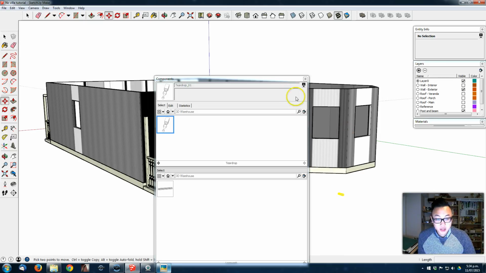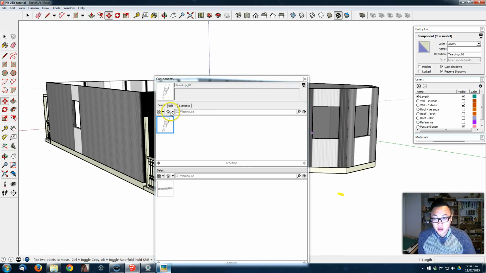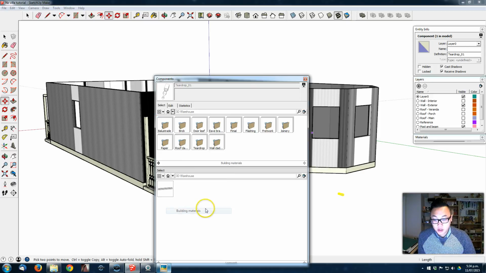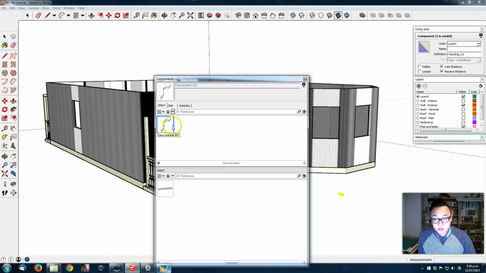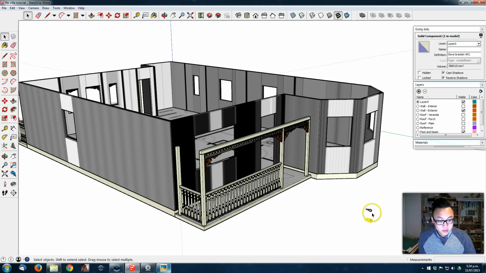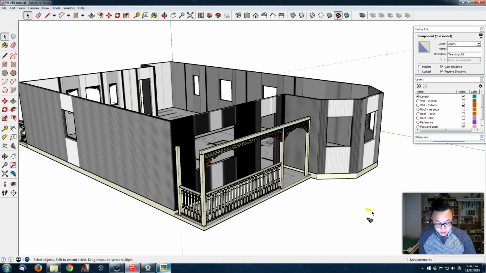I can just drag it into the scene, and let's go back, Building Materials, and eaves bracket. So I get the eaves bracket and the teardrop. So I'm just going to put them into place